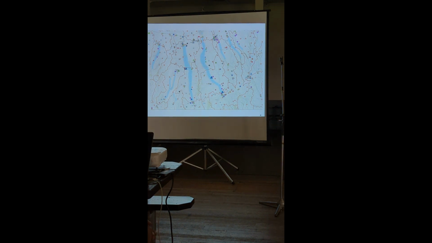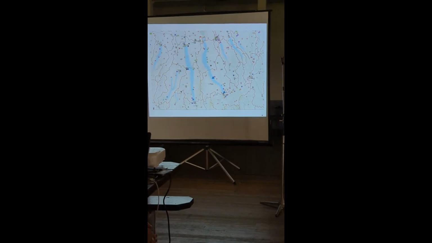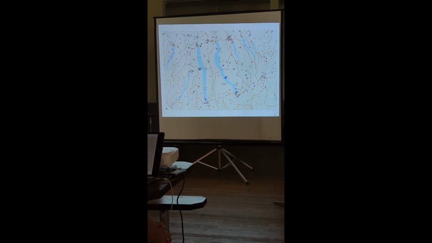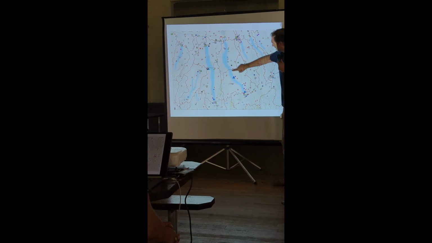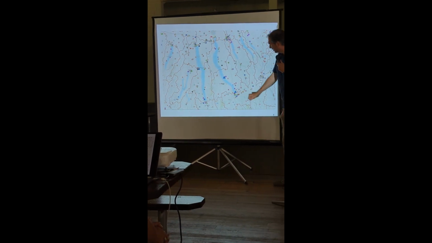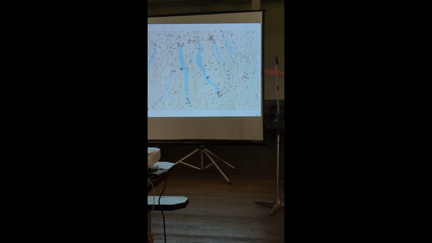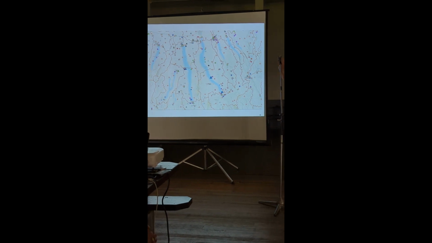So I'll let your eyes adjust to this map, but I have an undergraduate student working in my lab this summer doing some GIS mapping, and I asked him to put together this map just this morning. Here's Cayuga Lake. Obviously, we're just standing right down here at the bottom of it, and there's a bunch of symbols on here. And these symbols are what I showed on the previous slide as being key sources of